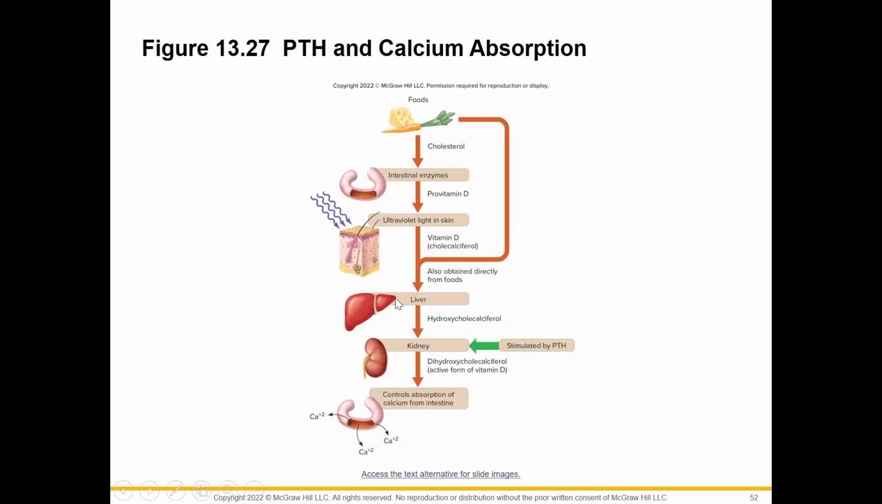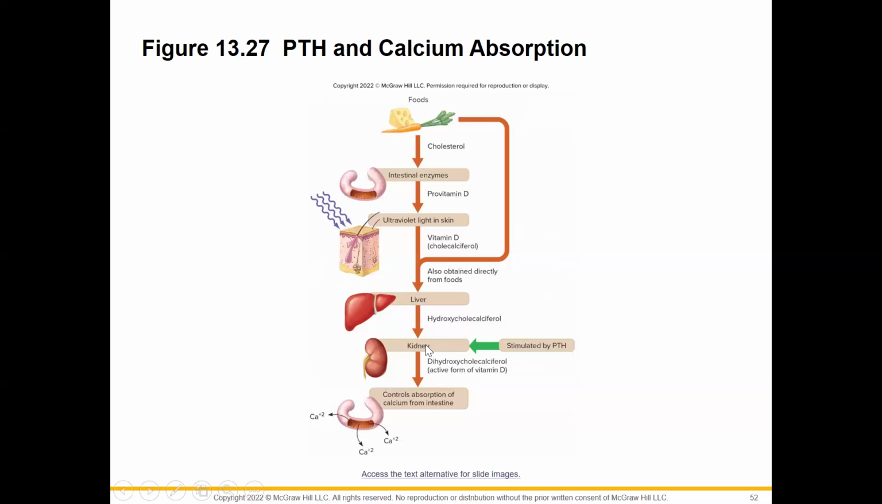Once it gets to the liver, that liver is going to take the cholecalciferol and convert it to hydroxycholecalciferol. Hydroxycholecalciferol will go back into the bloodstream, float around nice and happy, paying attention to everything like a little tourist in a new city until it gets to the kidney. Once it gets to the kidneys, then it will be changed to